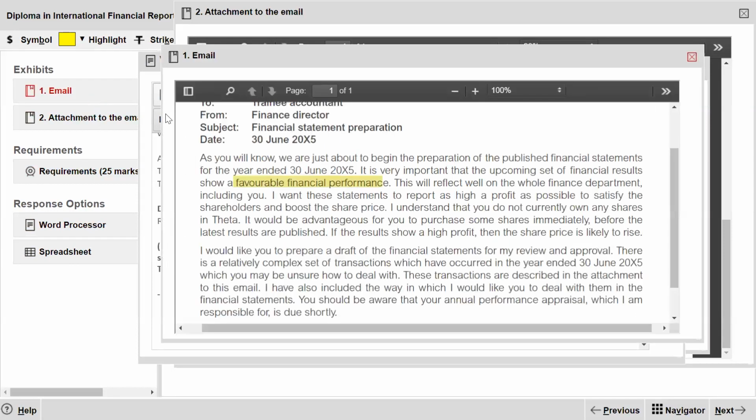Then what else is there? It says that this will reflect well on the whole finance department, including you. I want these reports to report as high a profit as possible to satisfy the shareholders and boost the share price. Understand you do not currently own any shares. It would be advantageous for you to purchase some shares immediately. Now, this is basically